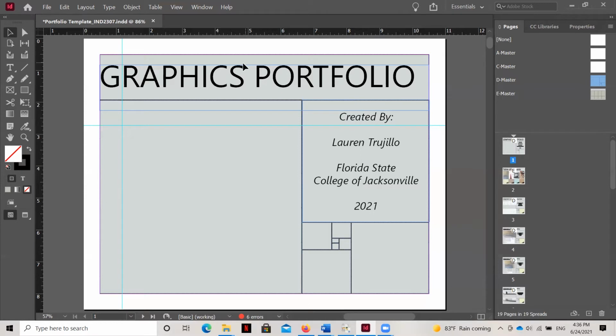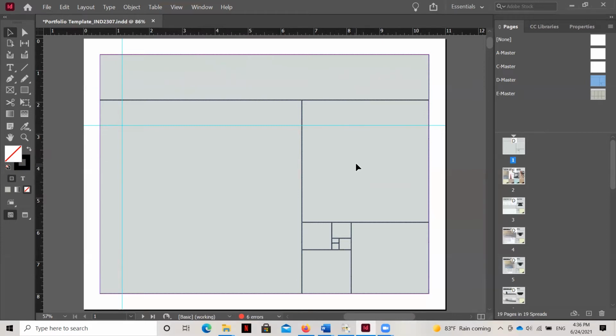Now, on this page, I have added a series of text boxes within the boxes that are on that master page. And so you can see if I click here and delete, that text box will go away. And if I click here and delete, that text box will go away. But these, if I click, they cannot be deleted right here because they are placeholders on the master page.